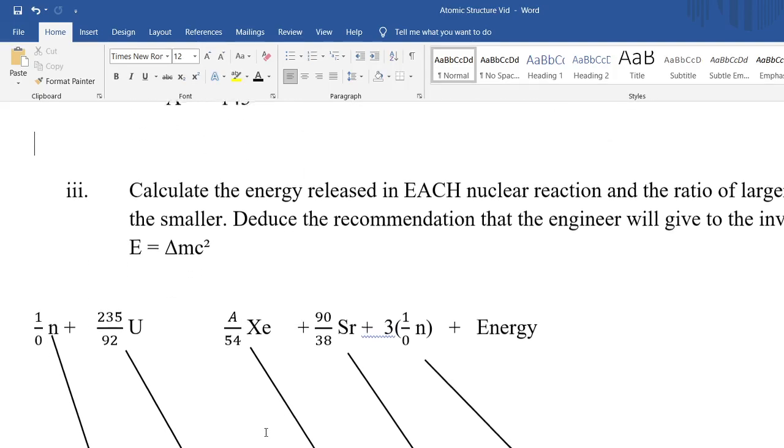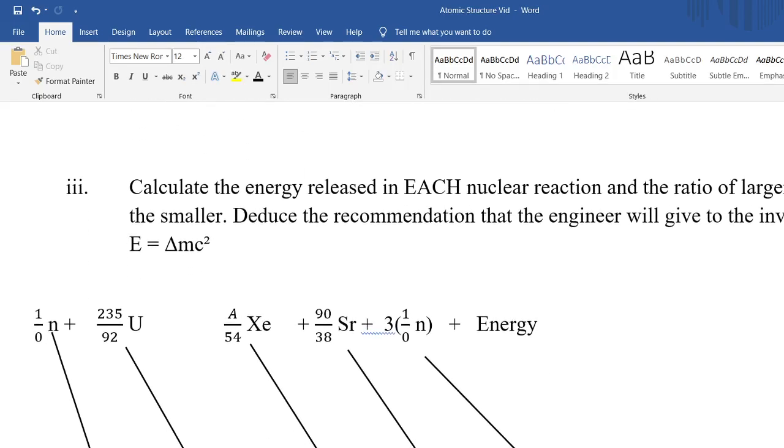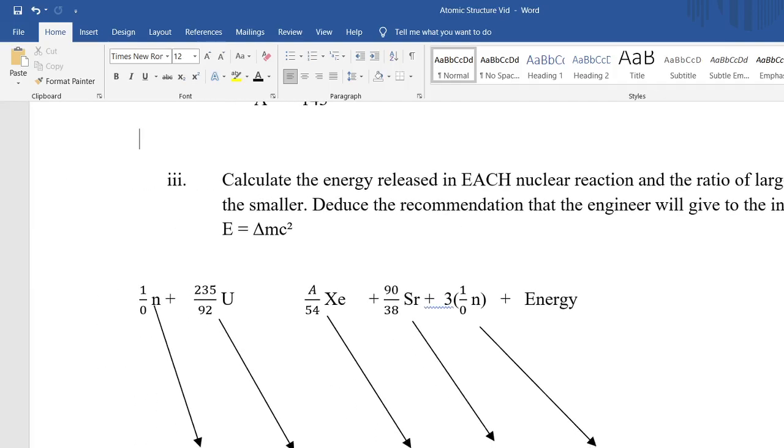So now this is where the cookie crumbles. We need to find which of these equations will give off more energy. And we're going to use our equation E is equal to delta m c squared. So it's the change in mass that is going to give you the energy. So we're going to account for all the masses. So we have one neutron. The mass of the neutron is